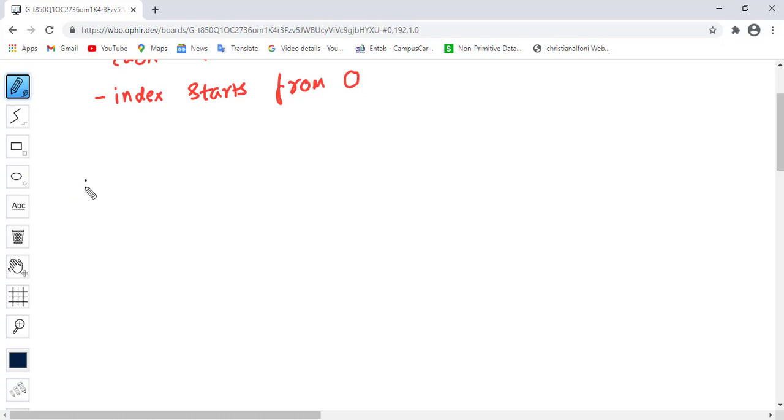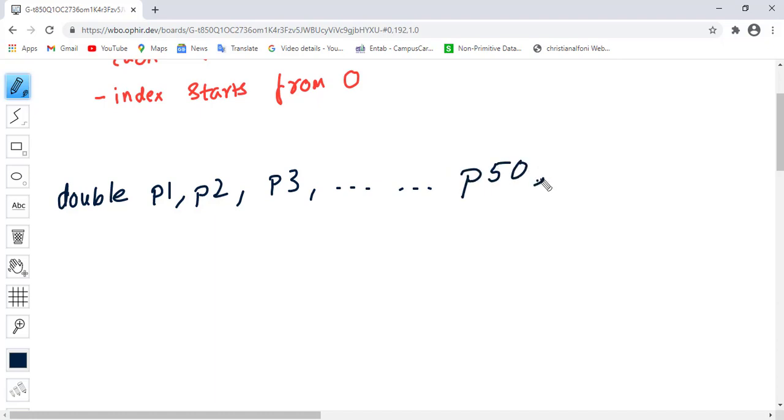For example, let's say if I want to store the percentage of 50 students, then I will have to create 50 different variables, like let's say P1, P2, P3, up till P50, and then individually I have to assign the percentage.